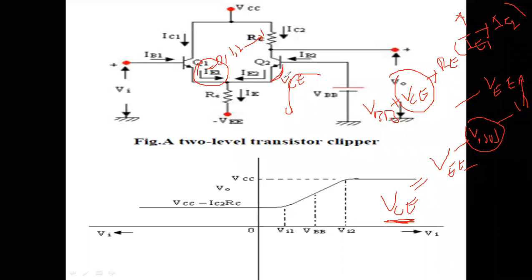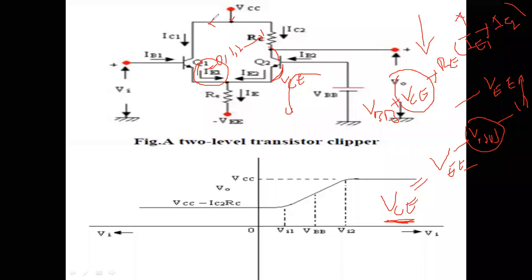When it becomes less than the cut-in voltage, the diode present at this junction, because the transistor is two diodes, here we have one diode and here we have another diode, this diode will be in reverse bias and the transistor goes to the cutoff region. This is from the derivation, or simply by equation we can say that when this current increases, this diode will move to cutoff. Otherwise, by common sense also we can say the IC current